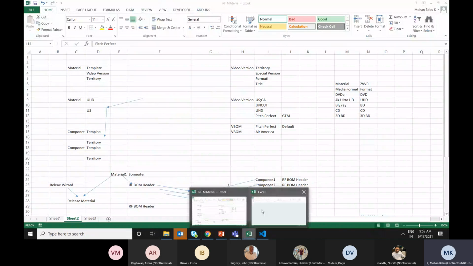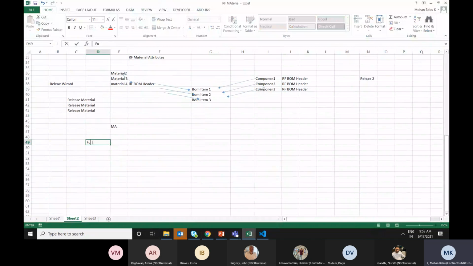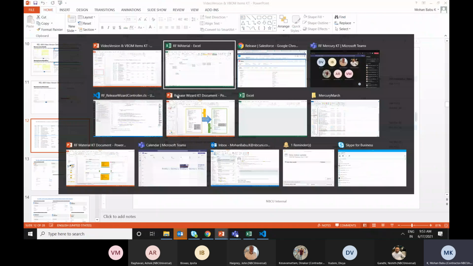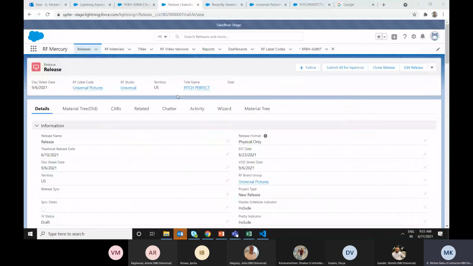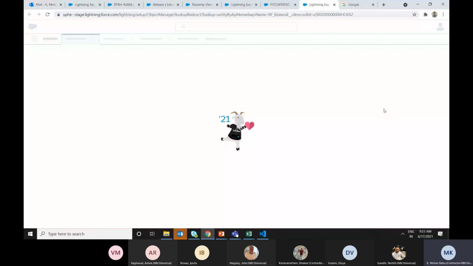And here we have 2 scenarios: full submit and partial submit. What is meant by full submit is, let us take this material. We have the field sets. For submitting the material, what are the required fields?